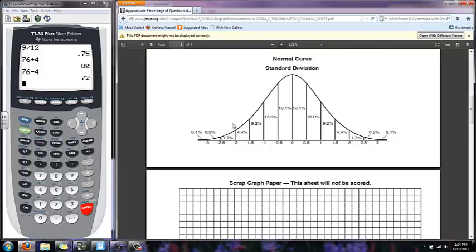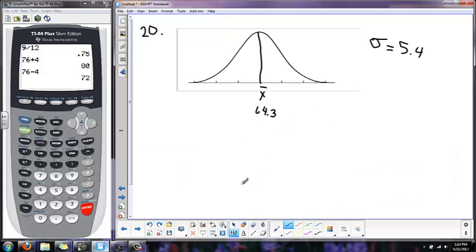The percentages are all right in here, underneath the normal curve. So what it's asking you is, calculate the percent, or add up all the percentages of the scores that fell between these scores of 61.6